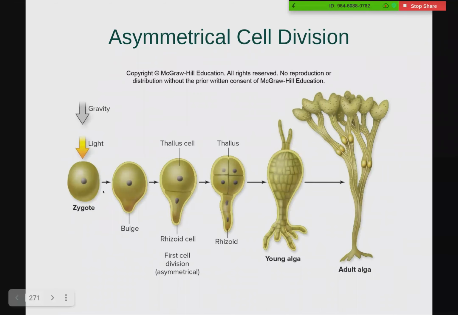So actually, let's look at this. We have the zygote. Light and gravity influence it. It forms a bulge, which leads to the rhizoid cell. And as it develops, we have a full-on thallus, full-on rhizoid, giving rise to this rhizoid, which again is this anchor, which fully develops into, again, this anchoring point for algae. And then the thallus fully develops into the